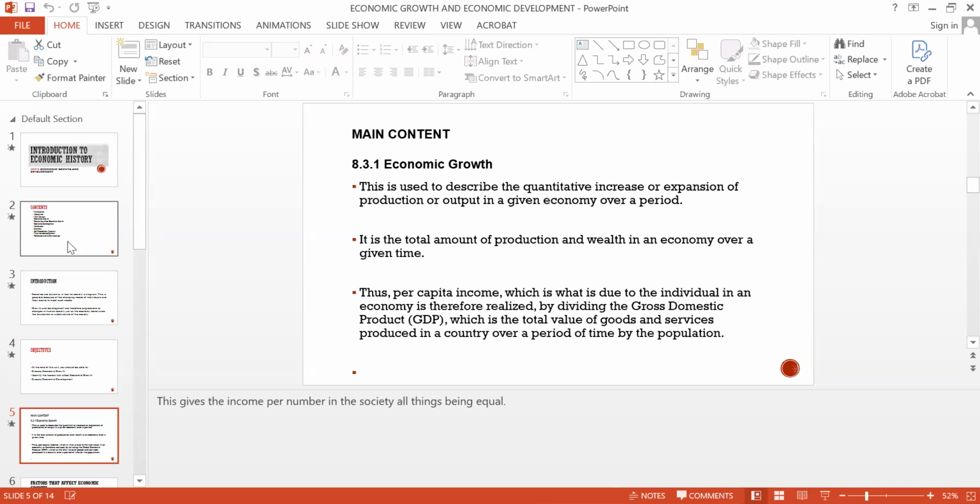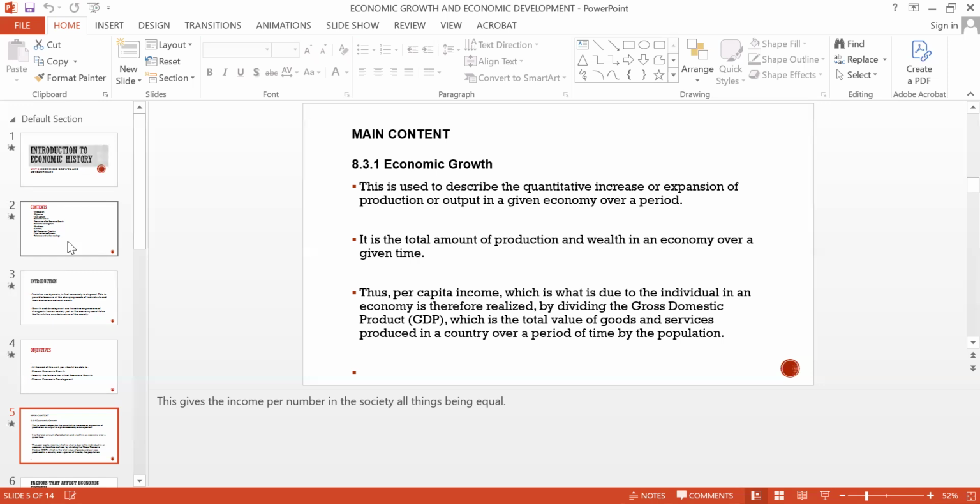If you say the GDP of Nigeria, hypothetically, in 2025 was 15 trillion, and that is divided by the number of population, what is the population of Nigeria now? That's about 230 million people. If that 15 trillion is divided by the population, how much will accrue to an individual, to Alima in that class, or to Olamide, or to Ebenezer, or to Ayomide in that class?